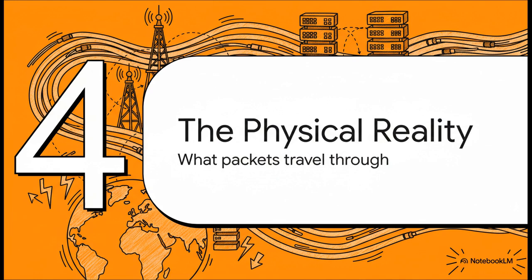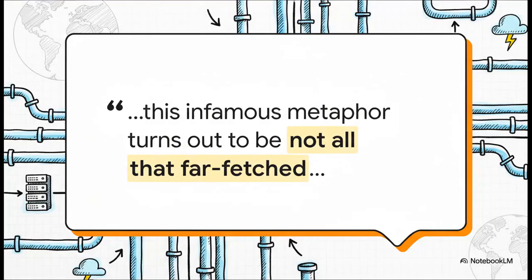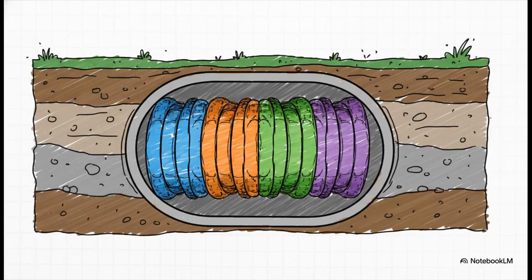Okay, so we've talked about all these networks and business agreements, but what is our packet physically traveling through? I think the answer is actually going to surprise you. Do you remember years ago when the internet was famously and kind of clumsily described as a series of tubes? Well, it turns out that researchers who were studying the actual physical layout of the internet concluded that this metaphor is actually pretty spot on. Because, and this is the crazy part, the long-haul internet is, quite literally, a network of fiber optic cables running through conduits, or tubes, buried underground.